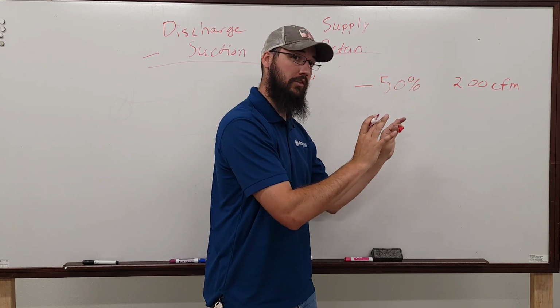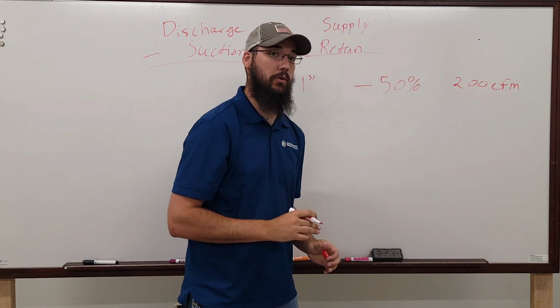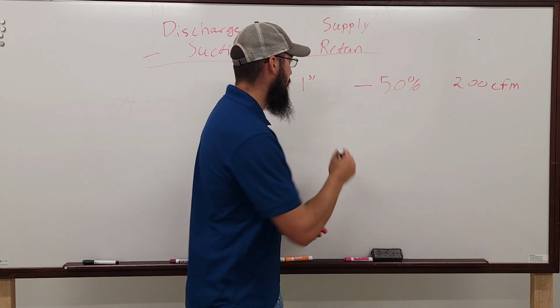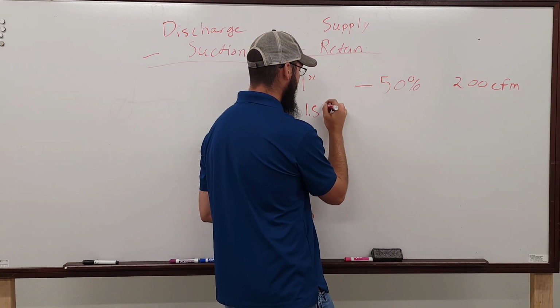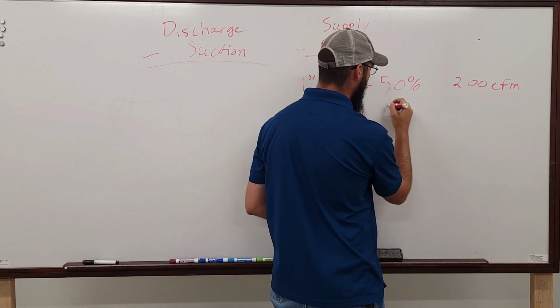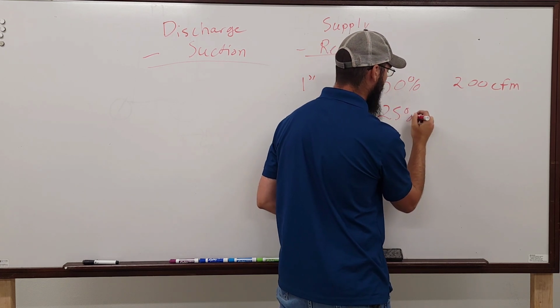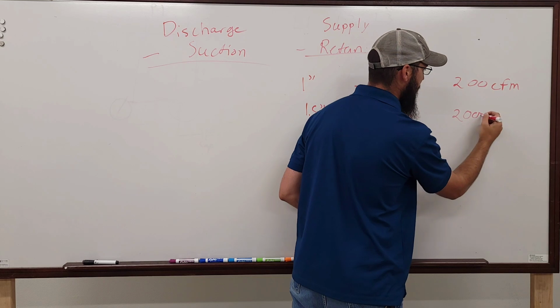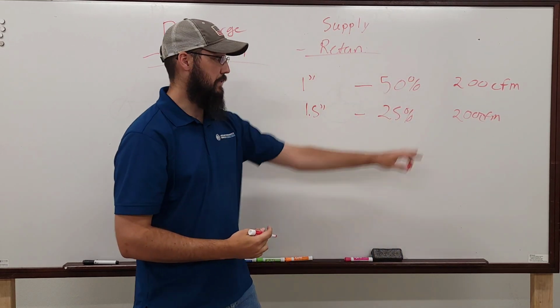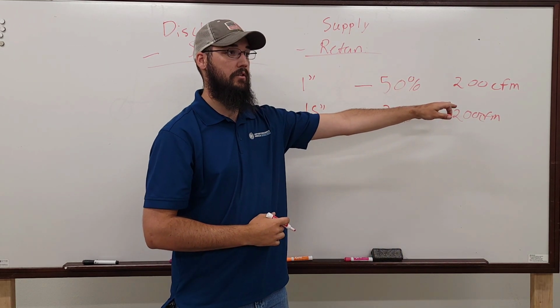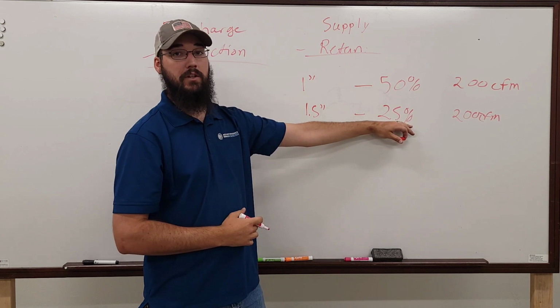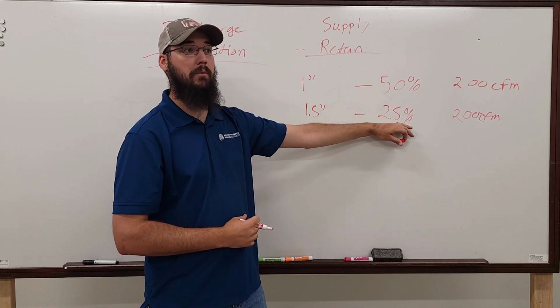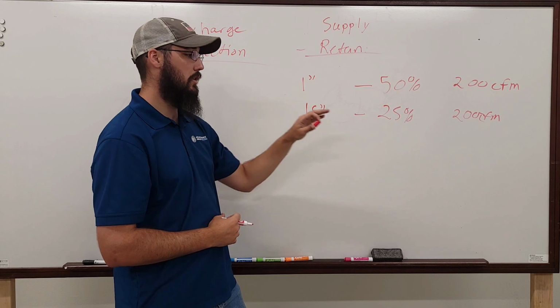It doesn't care what it has to do, it's going to achieve 200 CFM regardless. Well, you bump this up to 1.5 inches, well now it has to clamp down to 25% to still maintain 200 CFM. The CFM doesn't change. Our damper position does,